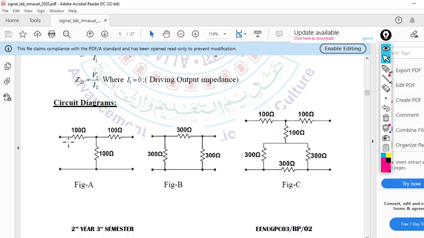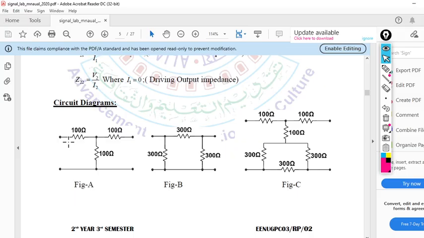So try to do it step by step. Whenever you get a multimeter, before connecting the components on a breadboard, first measure everything. That means if you give a 10 volt supply, first set the 10 volt supply properly and check it with the multimeter. Also remember, when you switch on, first switch on the board, then switch on the device. When you switch off, first switch off the device, then switch off the board plug.